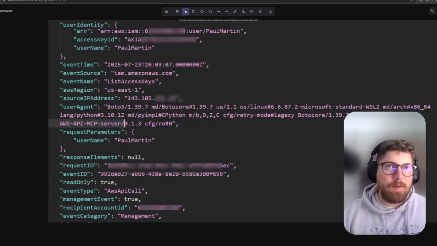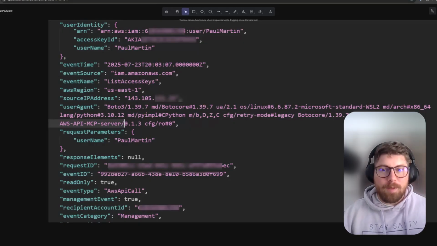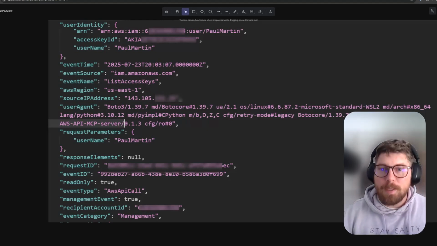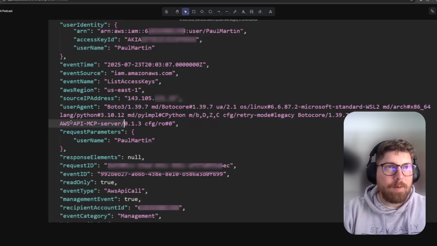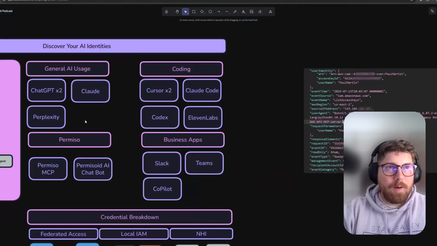So I guess what I'm trying to convey there is there are many ways to find AI usage, and like your detections and how you go and find the 2,000 ways somebody could do persistence in an environment, you have to think about finding AI usage very similarly. There's going to be lots and lots of ways, and you're going to learn more and more every day about finding those. So to sum everything up from today, let's go back this way over here.